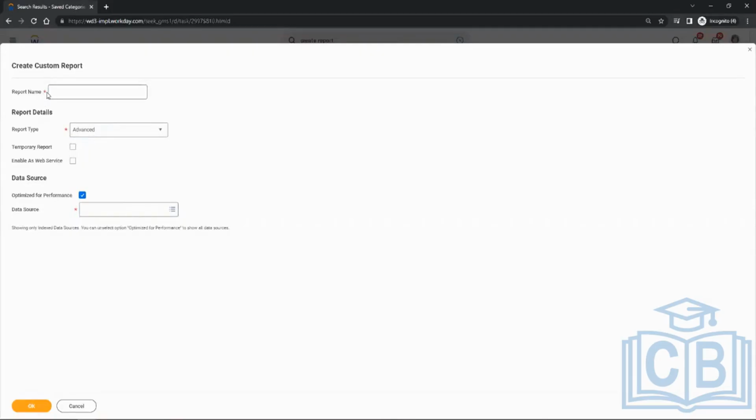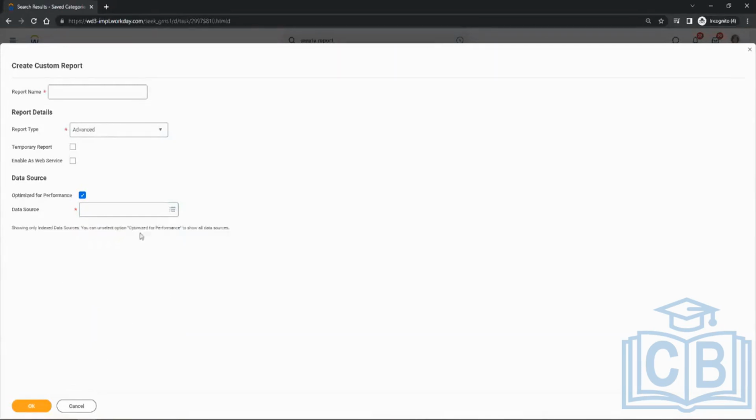These are the three that are involved. You see a star mark. That's where you will have to enter a value. Required field. Data source, as you see, is required. Report type, you have to choose, and the name.